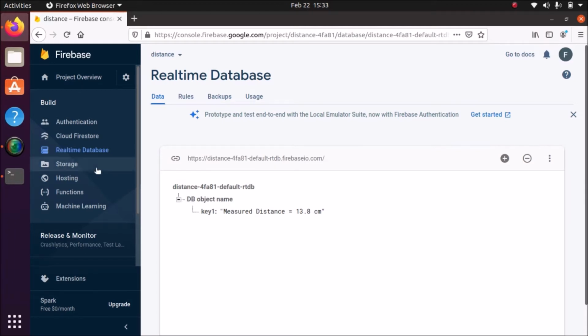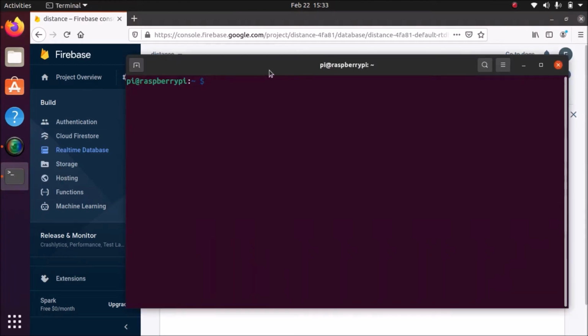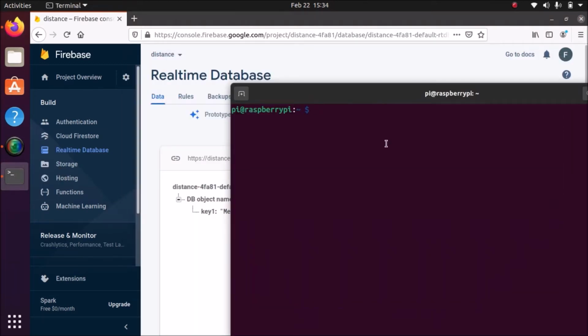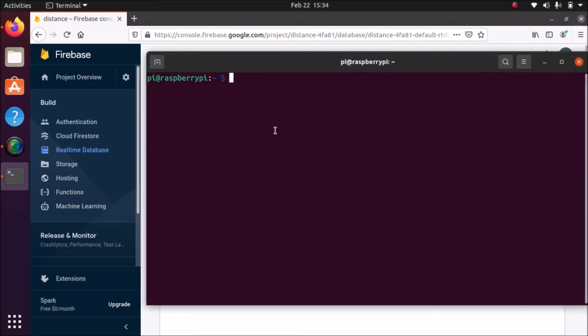Now I am going to open the Raspberry Pi 4 terminal. I am accessing our Raspberry Pi 4 terminal on an Ubuntu machine using the SSH service. I have here the script: sudo python3 firebase.py.